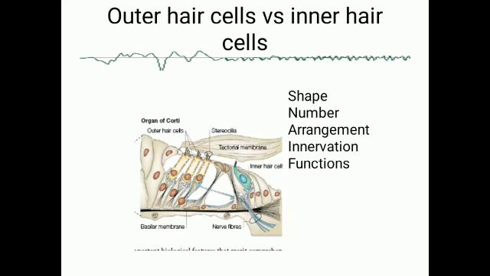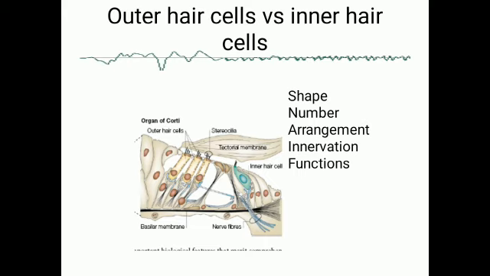So just recap the differences between outer hair cells versus inner hair cells. So shape, I told you, inner hair cells, they are small and they are somewhat round in shape, whereas the outer hair cells, they are longer and slender. And the inner hair cells are few in number, about 3000 to 3500 cells, whereas the outer hair cells are numerous, they are about 15,000 to 20,000 cells. Arrangement, the inner hair cells are arranged inner to the rods of Corti, that is closer to the modiolus, in a single row, whereas the outer hair cells are arranged lateral to the rods of Corti in 3 or 4 rows.